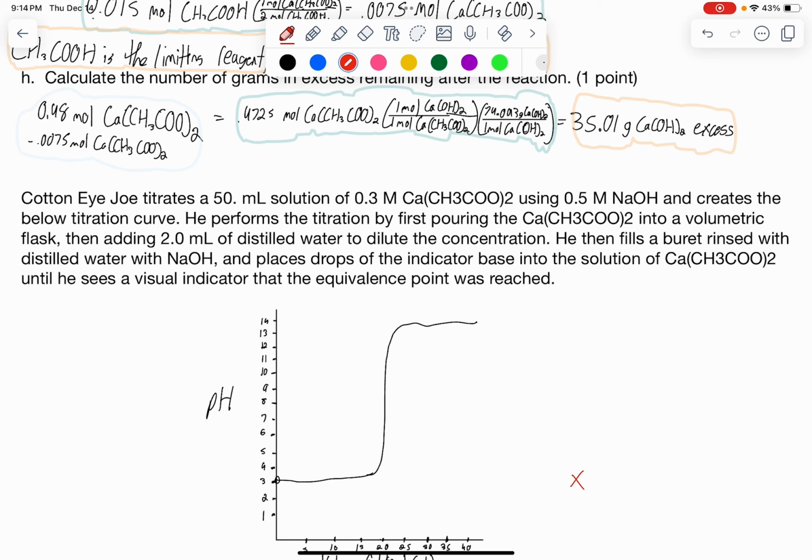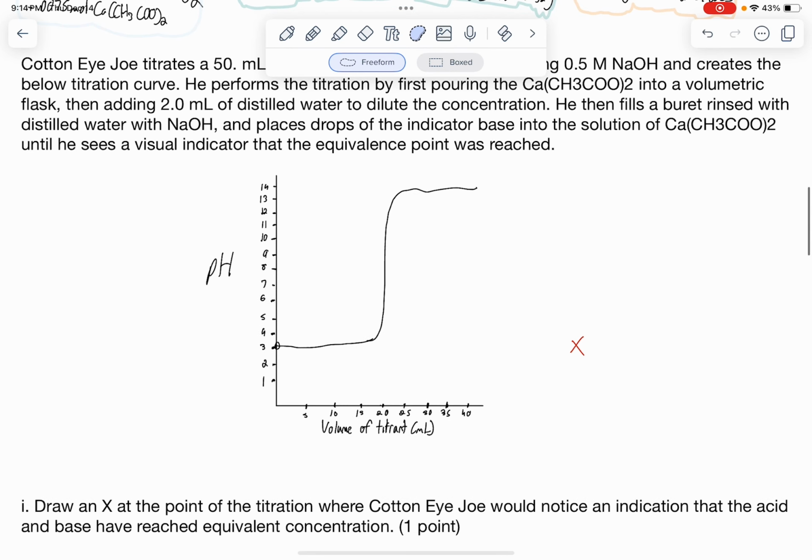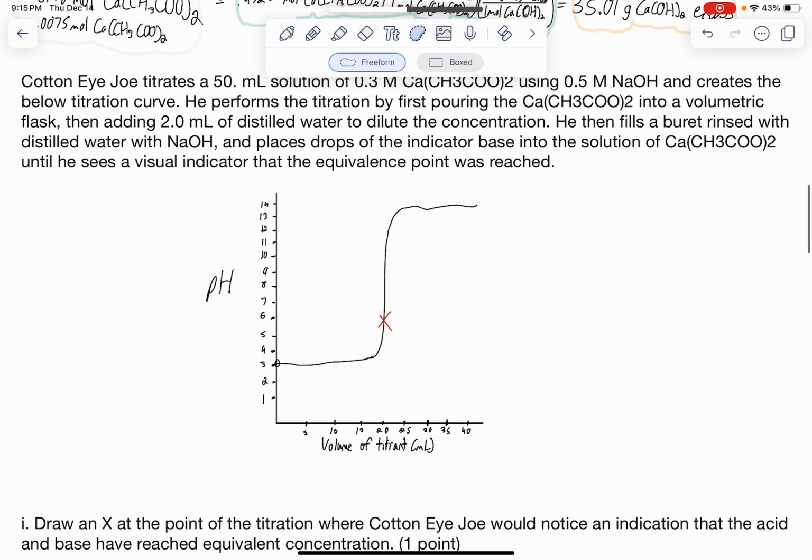drop the sodium hydroxide into the solution until he reaches an equivalence point, which you would know by a visual indicator like a color change. So here, let's just draw an X where Cotton Eye Joe would have noticed that the acid and base have reached equivalent concentration. As you can see, it is right here, right around 20 milliliters. Once you reach 20 milliliters of your sodium hydroxide, the acid and base will be at equivalence, and now the more and more of the sodium hydroxide you add, which is your base,